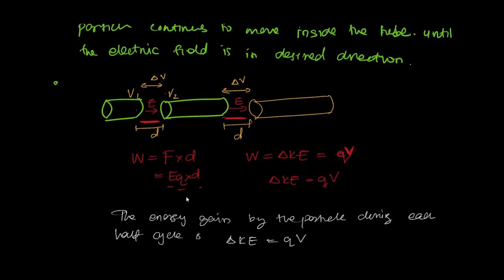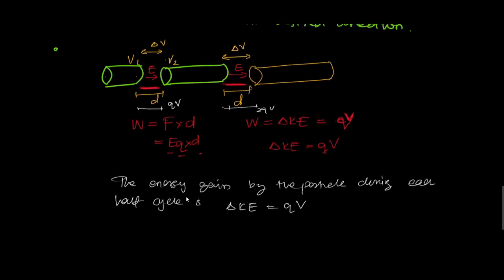So here, let's say the particle started with zero velocity. Here, the kinetic energy gained is QV. When passing the second tube, it gains an energy of 2QV. So, when passing n number of tubes, the energy gain,